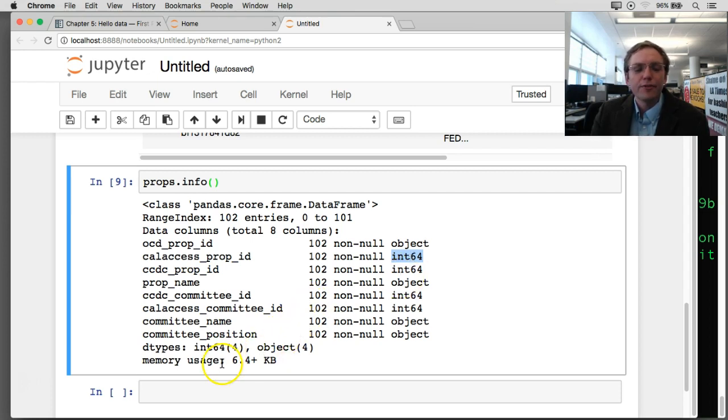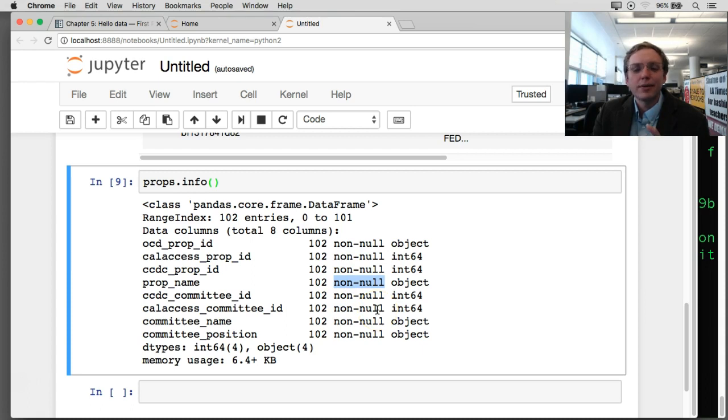Finally, it gives us a little more information about the size of the file and the data. Oh, and I forgot, here in the columns, we also get some information on whether there are any null values in any of these columns, which is, again, just a fancy computer way of describing whether there are empty cells in the spreadsheet. And you can see here that all of these columns are completely filled with data because they've all been marked as